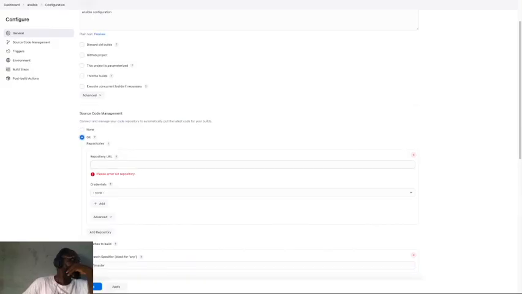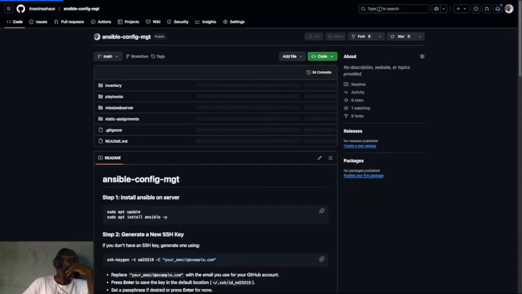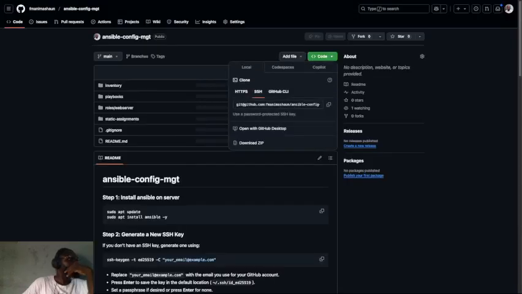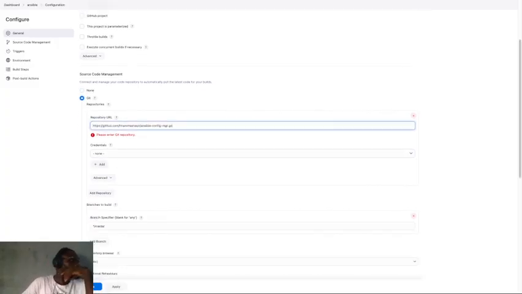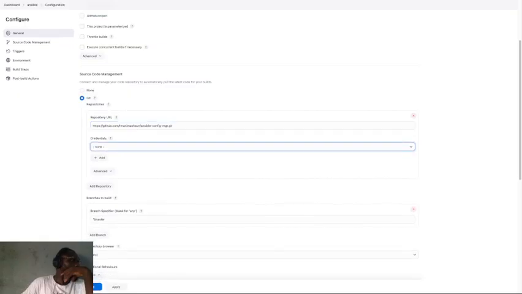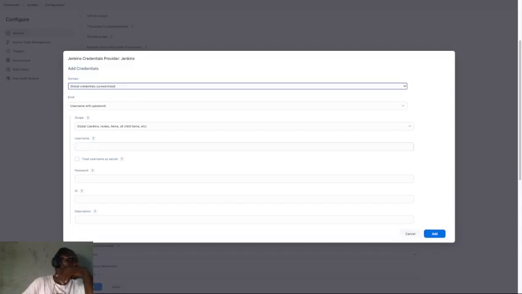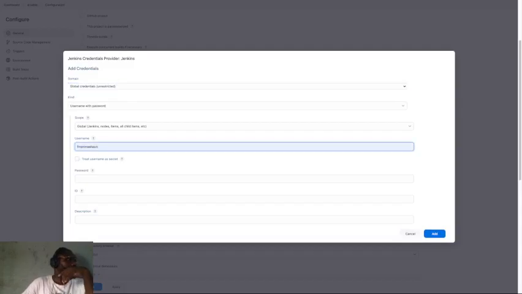From here, I'm going to copy, making sure you are on HTTPS, copy this, come back here, and paste it here. Then in the credential, I don't have any, so I just add the credential, pick Jenkins, then I'm going to put yes, then